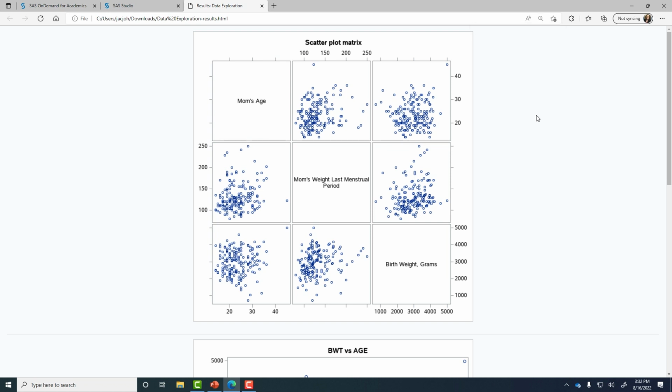Here we see a scatter plot matrix, and this is showing plots of each of the continuous variables. First, we see a plot of mother's age versus mother's pre-pregnancy weight. This shows a general positive relationship, showing that as we increase in the mother's age, the mother's weight also increases. On the right, we see a graph of the mother's pre-pregnancy weight versus birth weight. As expected, we also see a positive relationship here, in that the mothers that weighed more before they became pregnant also gave birth to heavier babies.